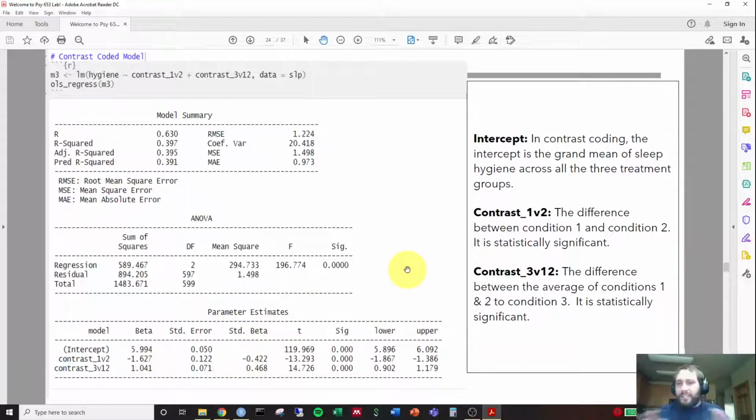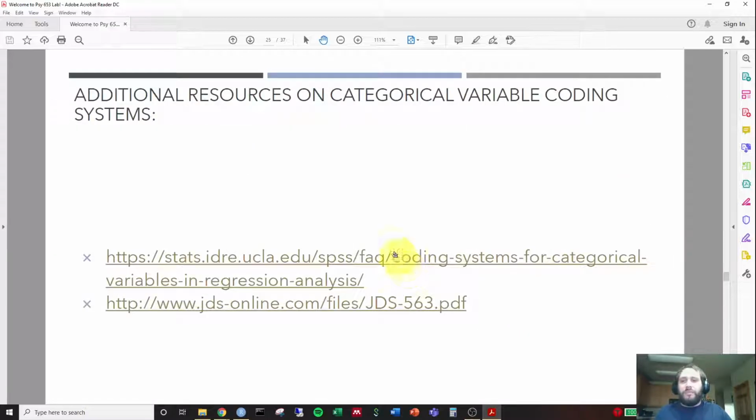Contrast coding, I'll be honest, I'm the most shaky on, but it's a really useful way. I've never had to use it in actual practice before. I use mostly dummy coding across all this, but that's essentially all there is to contrast coding. So I have some additional resources on categorical variable coding systems if you're really interested as well. Some things that I used to help me out when I was creating this lecture or learning categorical variable coding